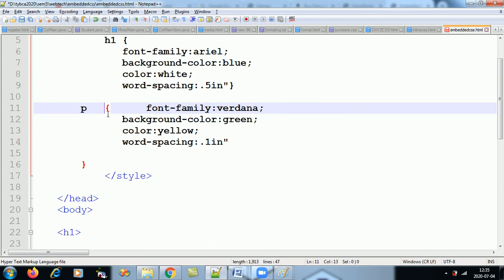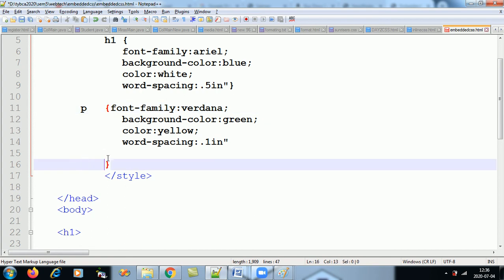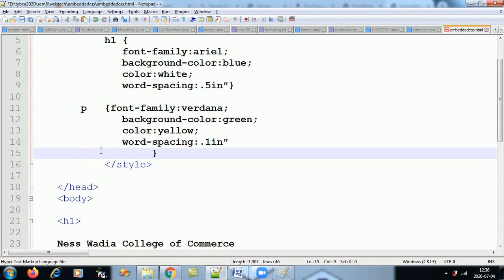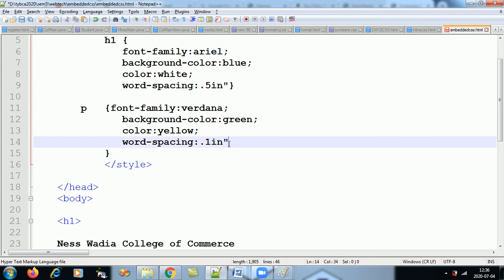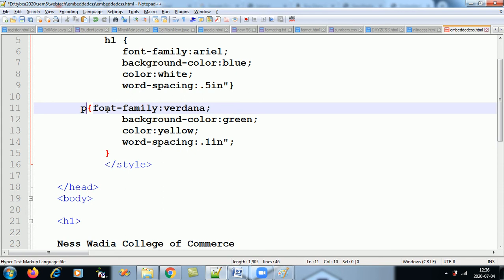Okay, let me check why it has not taken the styles. Paragraph, font family, background color, what's taking.